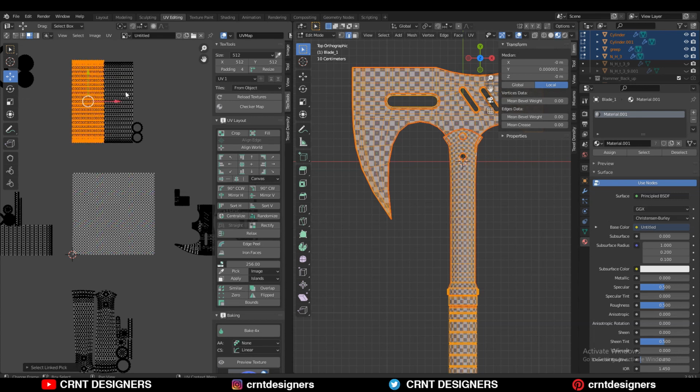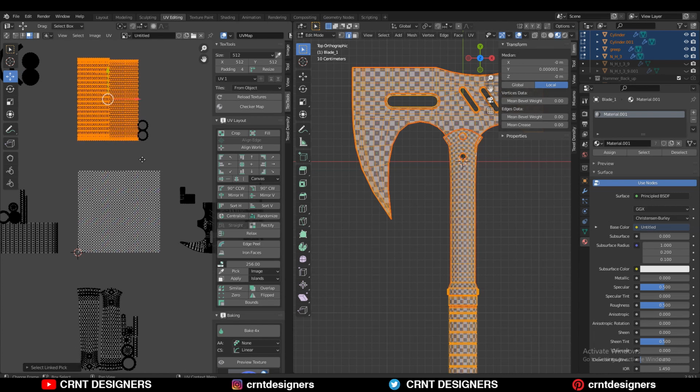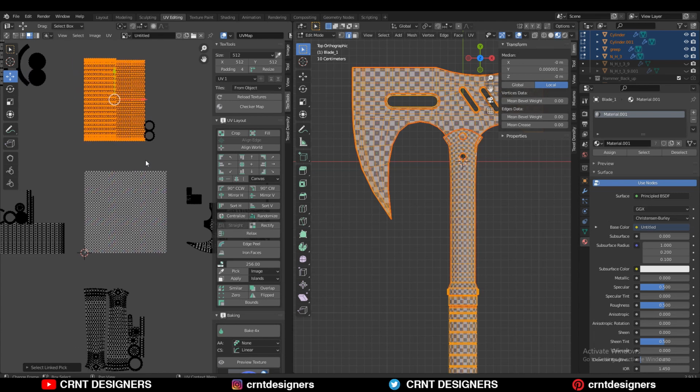So here you can see different UV alignment options, which are similar to Photoshop and Illustrator, all these kinds of things, like vector graphics. And this kind of features you get in Maya, and you don't need any kind of add-on, but in Blender you need to have the add-on to get these kinds of features. So that's why you need to use the add-on, like a text tool or any other.